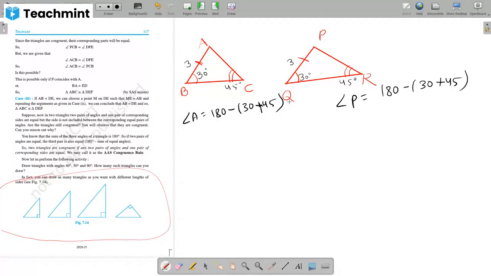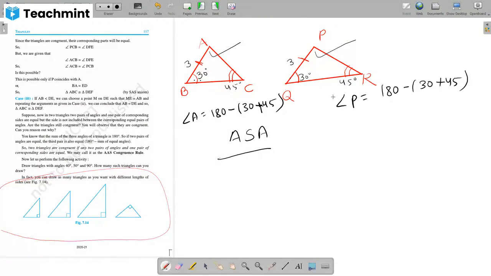It means B equals Q, C equals R, then definitely this angle A will also be equal to angle P. So if you want to use the angle side angle congruency criteria, what we can do? We first show that since B equals Q and C equals R, it means automatically angle A equals angle P. So now we can use this angle side angle congruency criteria.